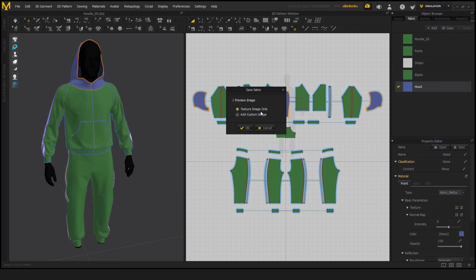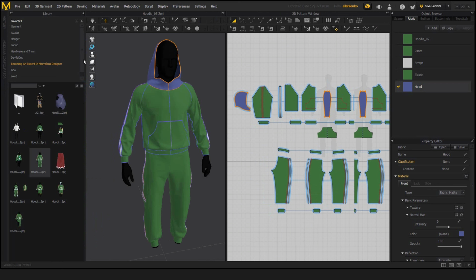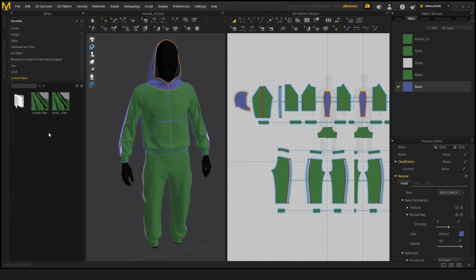texture image only, which means that if there was some kind of texture assigned to the fabric, the snapshot or the thumbnail will have this texture when you select it. If you want to have a custom image, we can choose that and apply a custom image. And the way this works is by going into library on the left. If we click here and add a folder where we saved our fabric, if we go inside,